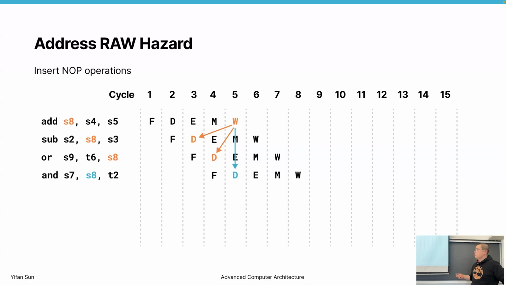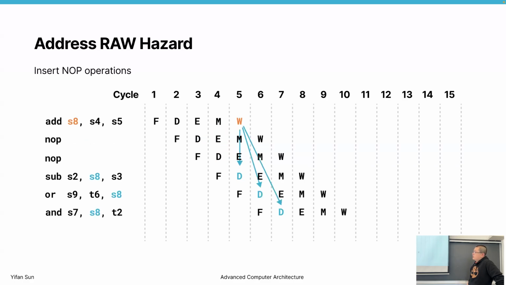Okay, so what are the really cheap solutions? The cheap solution is to add NOP operations, NOP, which means no operation. A NOP is a special opcode designed to not do anything; it's just a pipeline filler. So we fill in 2 instructions so that we delay the start of the sub instruction. Now we add 2 instructions, and these instructions,